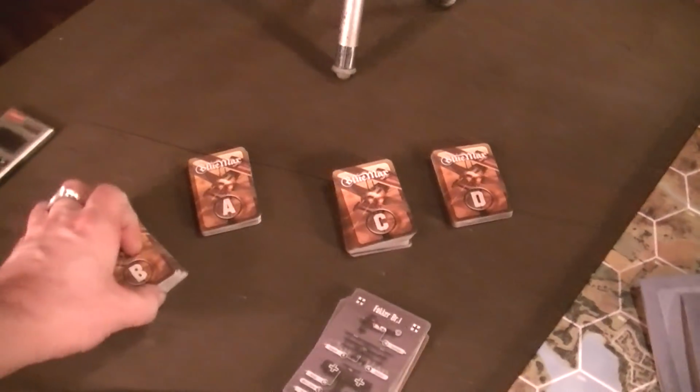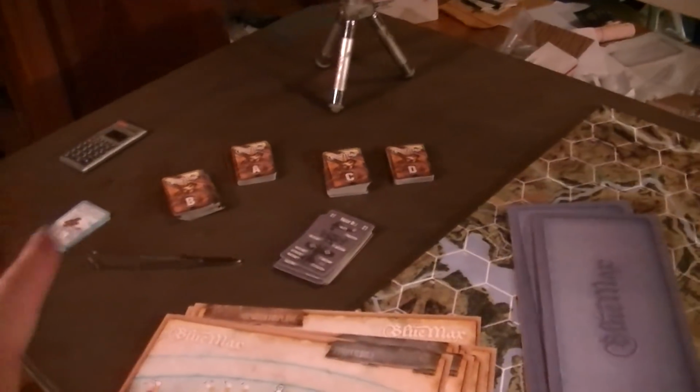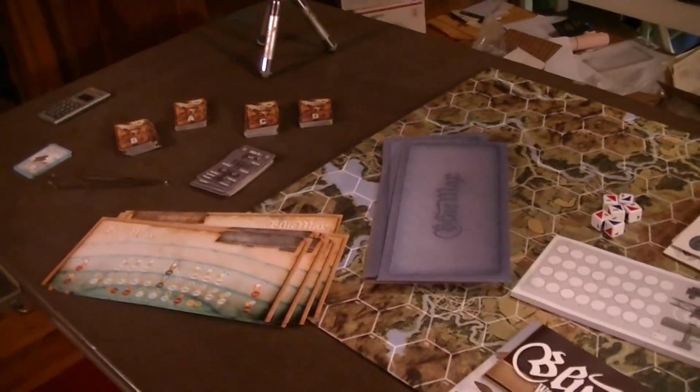These are your damage cards, and instead of chits, you have these. And you can see you have many different sets. We'll talk about the advantages and disadvantages of the choice of cards, but